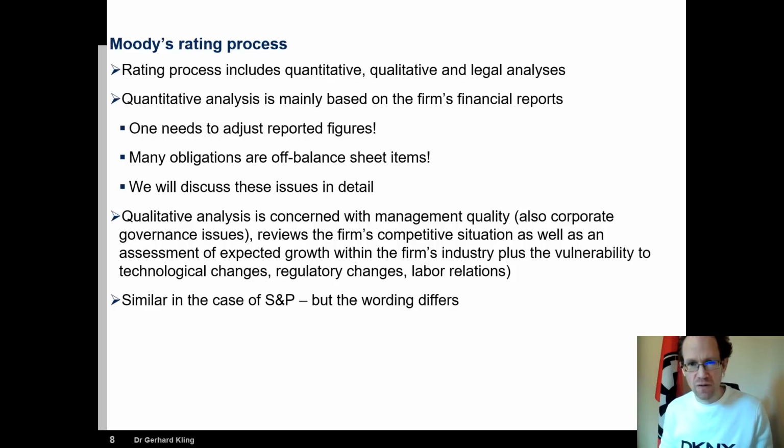scrutiny. Now, the main challenge you have when it comes in particular also to information you can quantify based on financial statements is that the figures you see in financial statements have to be all adjusted. And there are lots of things that can go wrong. In this particular course, I don't really focus too much on the firm perspective and issues such as off-balance sheet items, which all of course matter, like say operating leases, for instance. We can always have a discussion about these issues, but this really goes very deep into equity analysis, which is beyond the scope of this course. But I just of course have to mention it here.